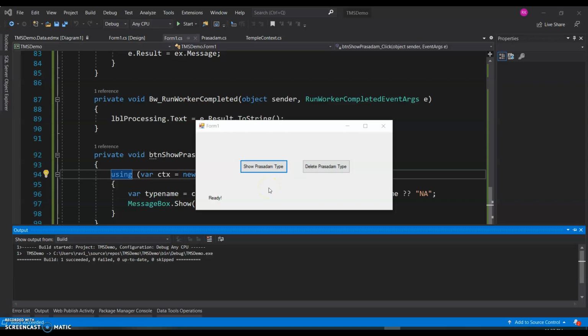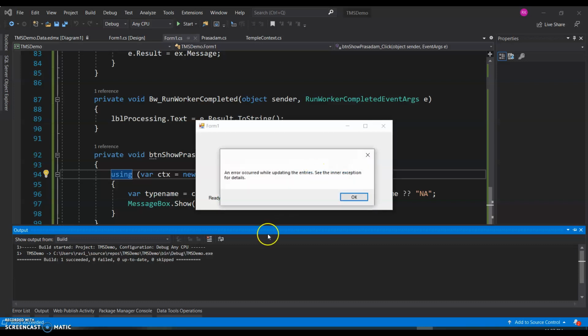So now first let's ensure we do have some prasadam type. Yes, we do have it. Now let's try and delete it, because now we have the configuration. It should actually throw an exception. Yes. So the inner exception, if you see, it will just say that we are violating a constraint because we have told it to not go ahead and delete cascade. So this is one way where you can make use of Fluent API configurations to add more constraints and override the default behavior of